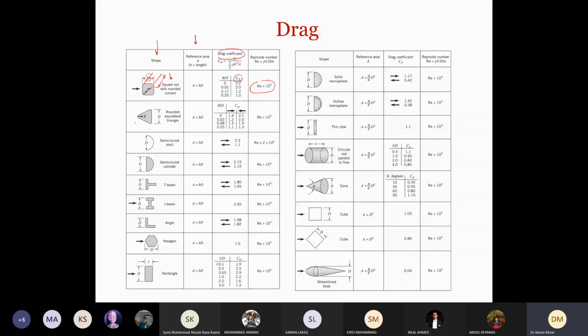Now, if you look at this case, this is a case of rounded equilateral triangle which has rounded corners, right? Now, this is the radius, this is R, and this is D. These are the two characteristic lengths. The area again is given by B into D, which is used to calculate the CD value. Now, in this case, when we change R by D ratio, we have two values of CD. The first value is where the flow is coming in this direction, which is indicated by this arrow. The second case is when the flow is coming in opposite direction, right?